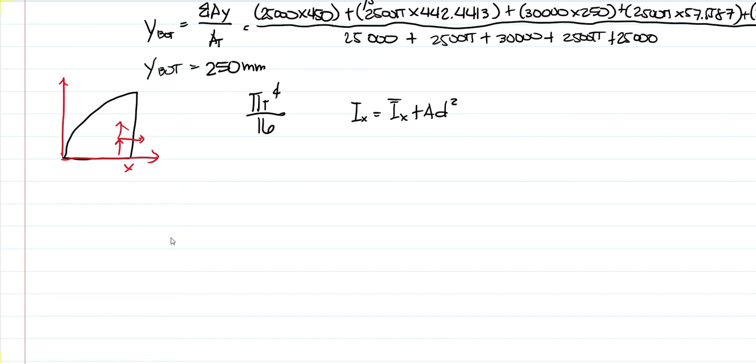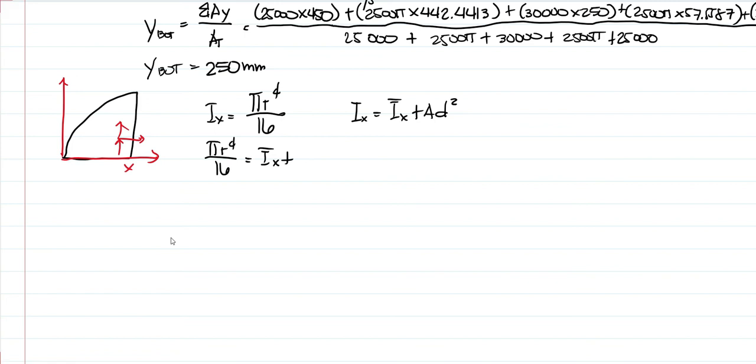This is I x, so we only need A and d squared. So, I x is pi r4 divided by 16, equal to I bar x